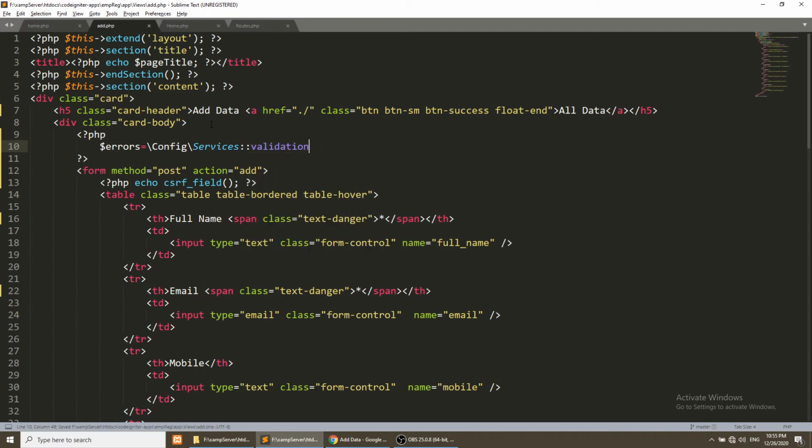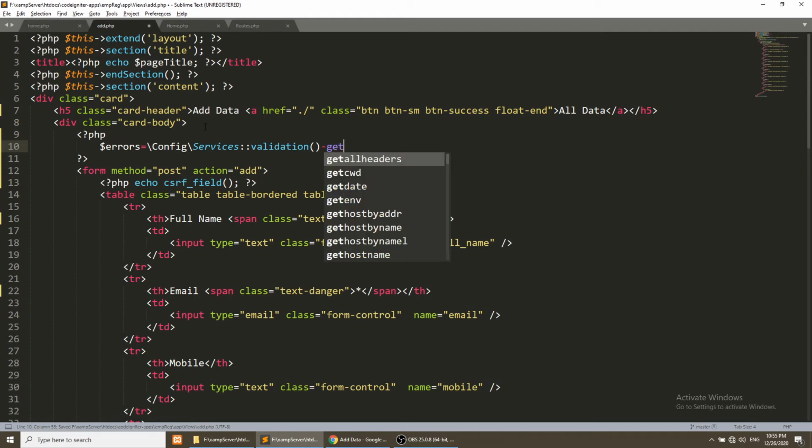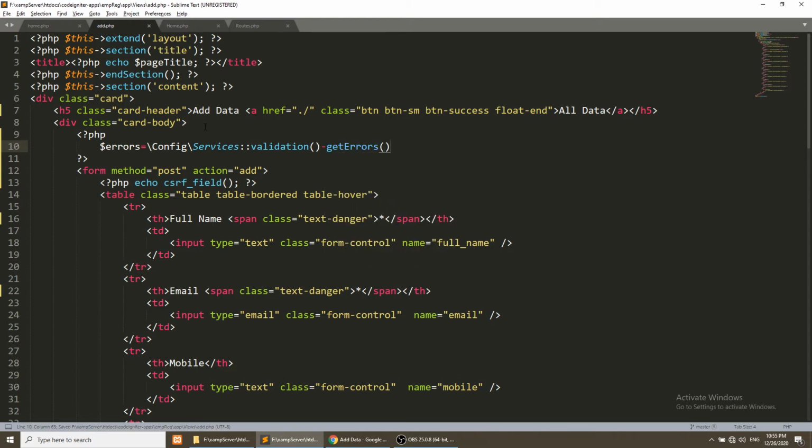And from the validation method we will get the errors, get errors. Okay, so we have errors, and we can get the errors by this method.